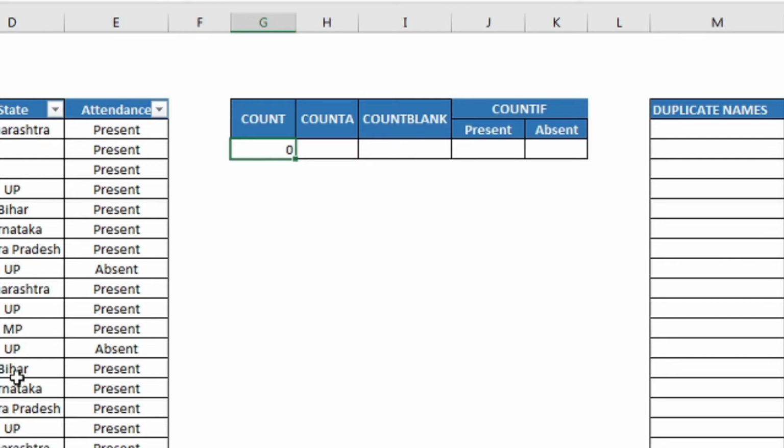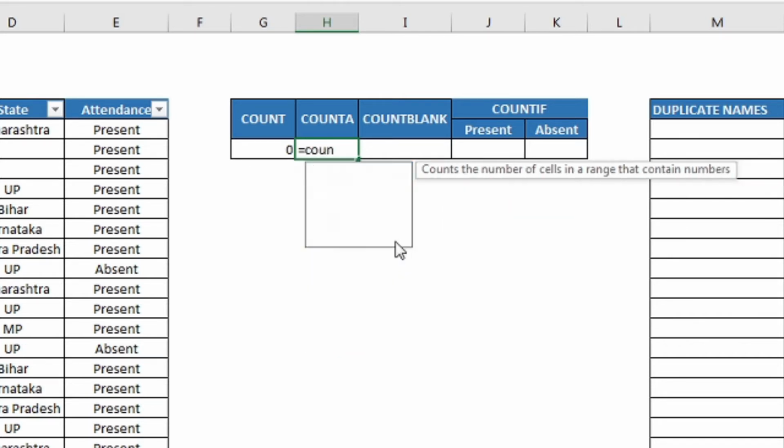The next function is COUNTA. The COUNTA function counts all the cells which have some value in them, whether it's a number, or text, or any other thing. I will use the COUNTA formula to calculate the filled cells in this particular range. That means the cells which have some value. So =COUNTA,